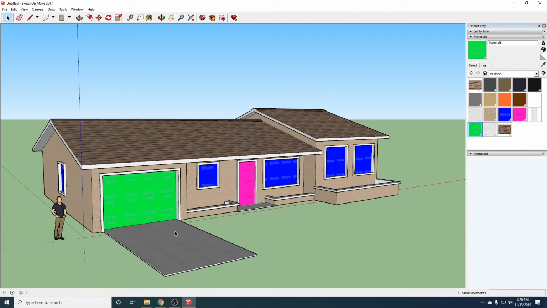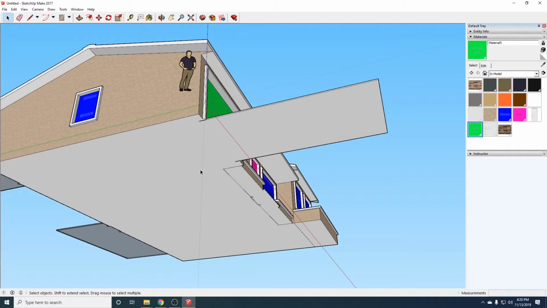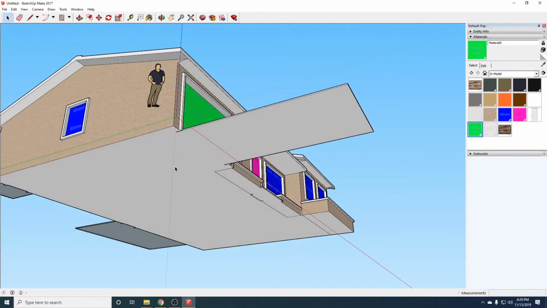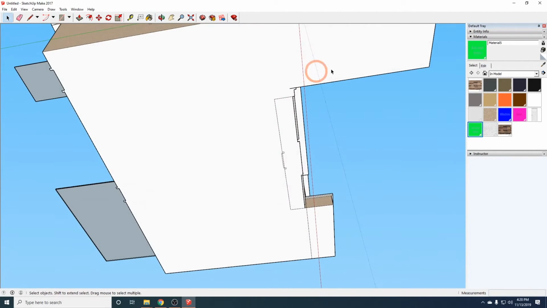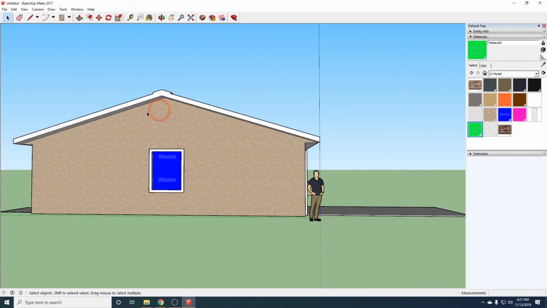So the last thing that we want to do before we save this document and get it imported into 3ds Max is we actually want to delete the underside of our building here. This underside is a large face, and even though we didn't paint it, it does have that white texture applied to it. The white texture is something that is going to take up space on our UVW map when we unwrap the textures off of here, and we are limited on space for that file just on the size of the file. It's limited to 1024 by 1024 for most objects, and this large area here is going to take up a good chunk of the overall image size that we have,